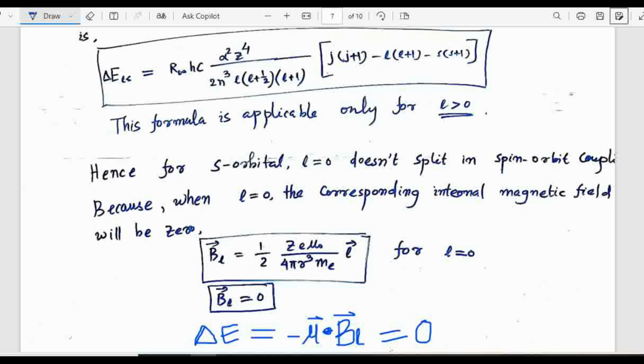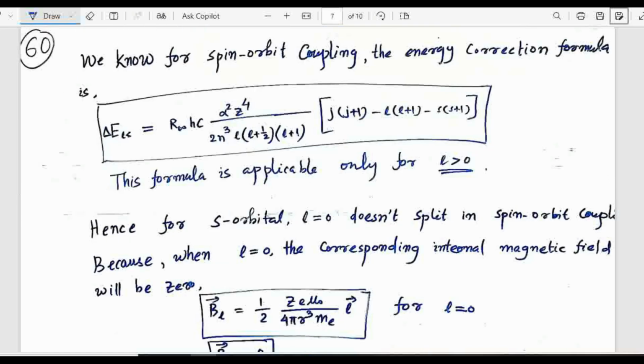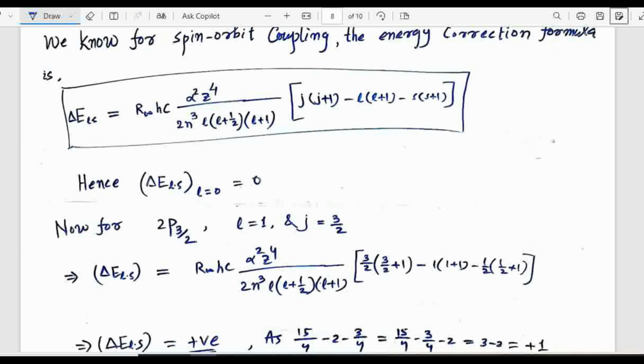If B_L is 0, then the interaction energy, that is minus mu dot B, will be 0. That means the s orbital does not split. That means 2s 1 by 2 does not split. It will remain unsplit. But for 2p 3 by 2, L equals 1,